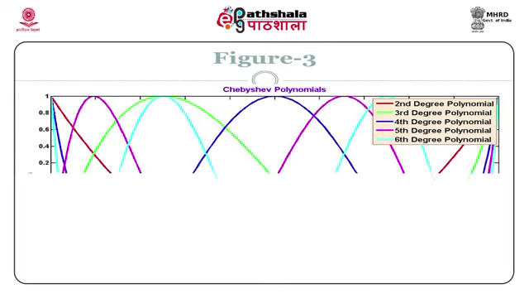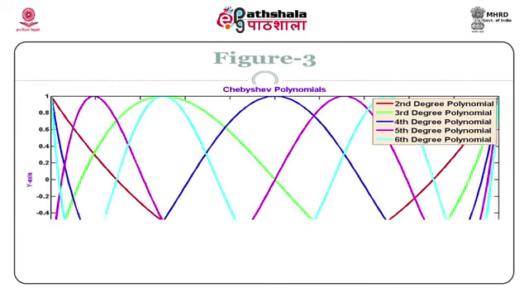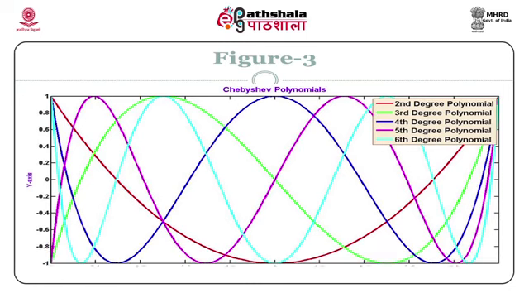So, second degree polynomial function: the zeroth degree T0 is 1, so constant; T1(x) is x, so that is a straight line. Then T2(x) onwards up to T6(x) are given in this figure, and various colors distinguish between these functions. Now, if you do the reverse exercise, that means from the equations given in property 5, we are getting Tn(x) in terms of powers of x.